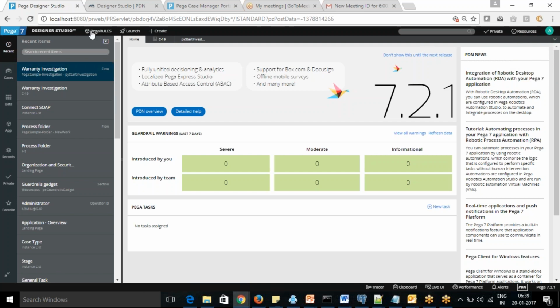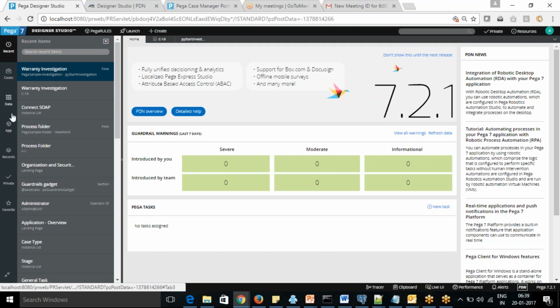Then you come to the Explorer area. Pega 6.3 doesn't have any Explorer area; they worked differently. The look and feel in Pega 6.3 was different, and in Pega 7 they have introduced all the new things.